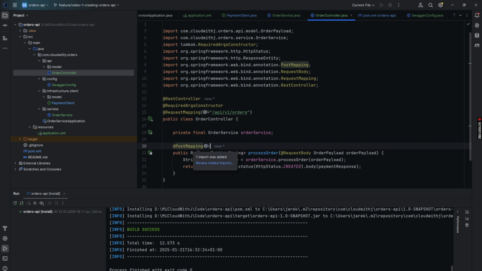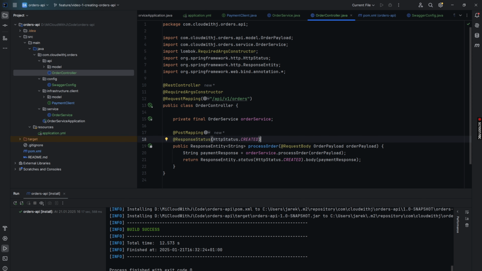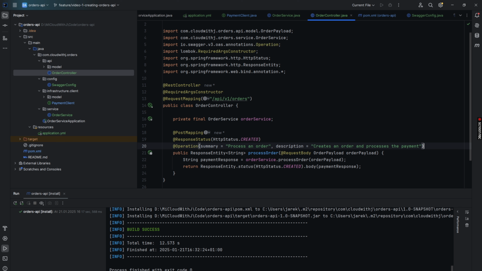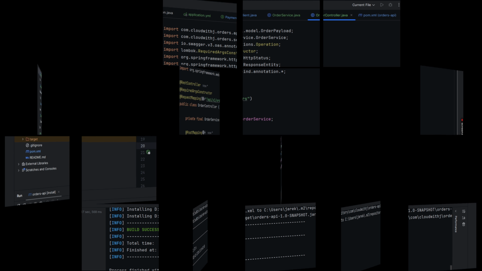I now add the missing annotations to my controller method, including the operation annotation, which is part of the Swagger specification. Using the summary and description attributes, I provide a detailed description of my endpoint.